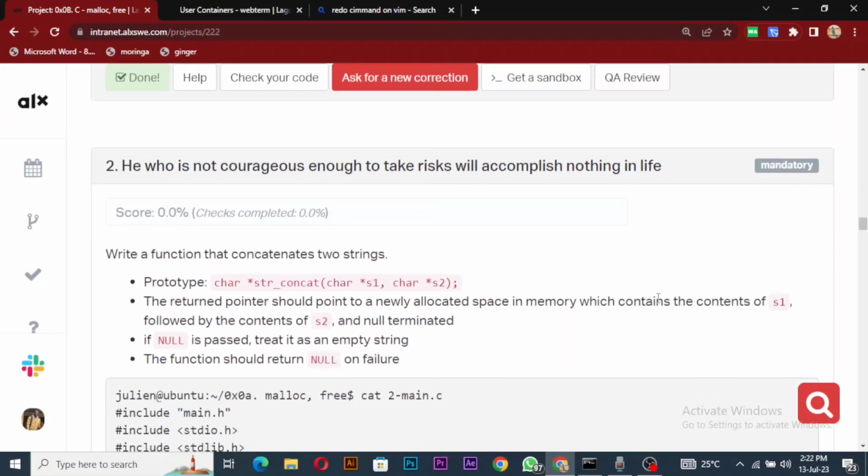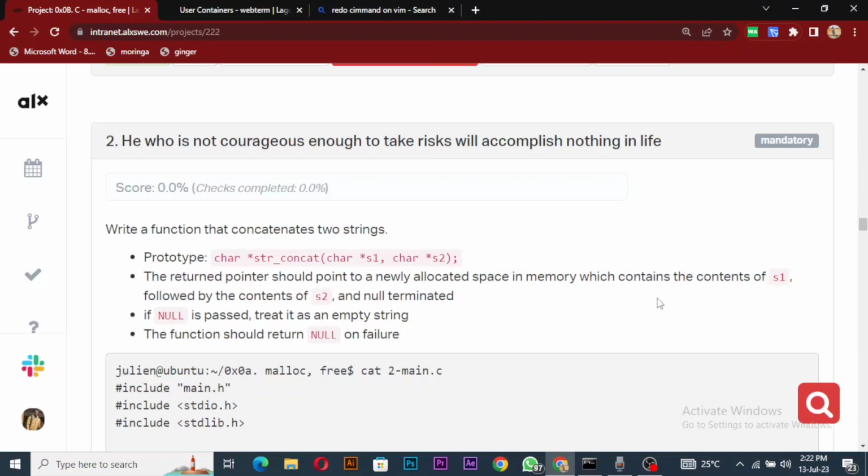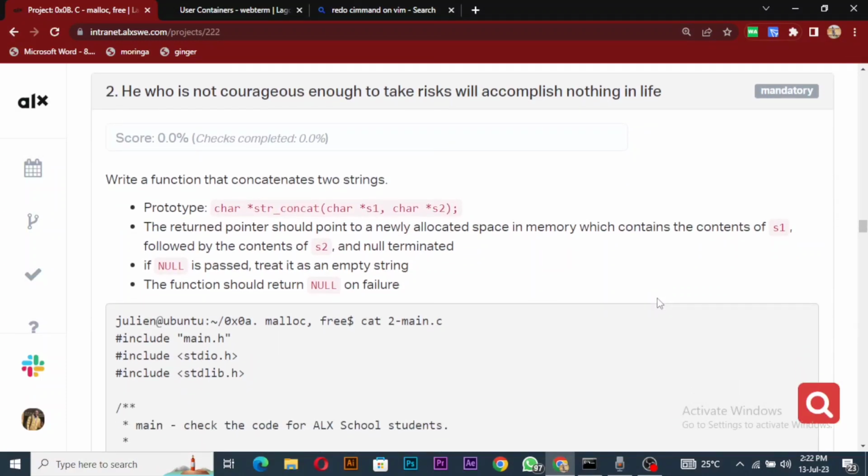So the next one says write a function that concatenates two strings. Okay, concatenation is just like adding two strings together, and I think we've done that before in the previous section. Okay, so a function